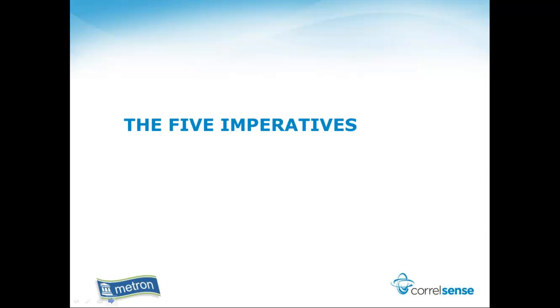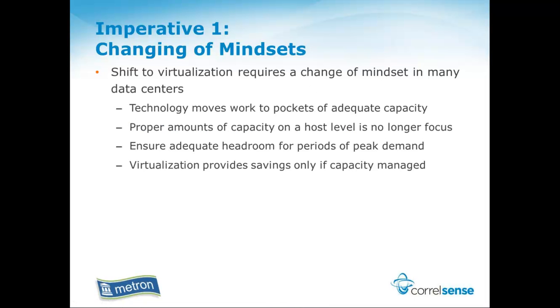So at this point, I'd like to hand over the control of the presentation to Rich Fraunheiser from Metron-Athene. He's going to talk a little bit about the 5 imperatives about APM and capacity planning. Welcome, Rich. Frank, thank you. We're going to talk a little bit about the 5 imperatives. I'm going to get started with some of the capacity management, capacity planning related imperatives.